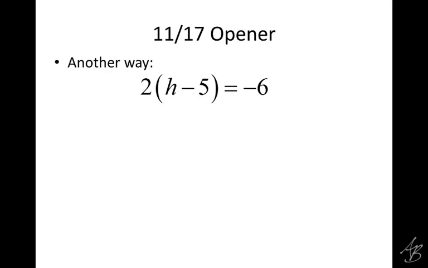Did anybody do this one a different way? What Alejandro did here, first of all, you should still circle the variable and draw the line. But this is another way we could do the problem. So what Alejandro did is he multiplied 2 times h and 2 times negative 5. What do we call that when we multiply a number times everything inside of the parentheses? Trajan? What do we call that? Distribute, right? So this is the distributive property. So what Alejandro did here is he distributed